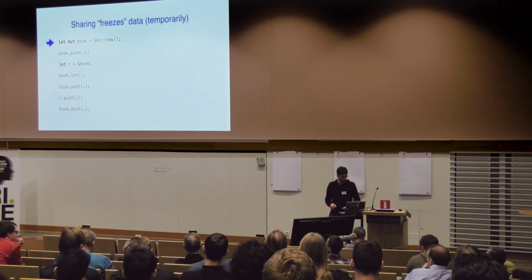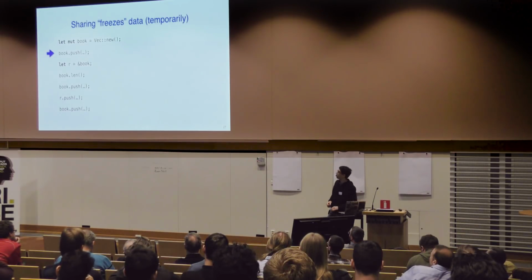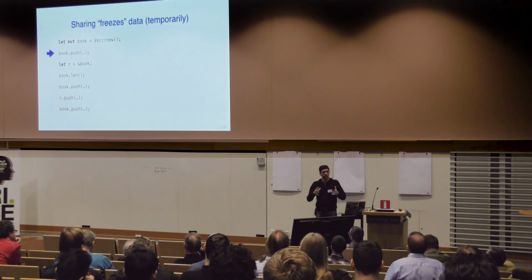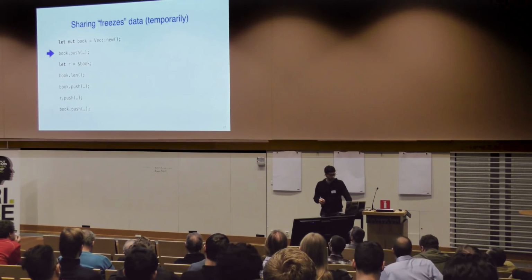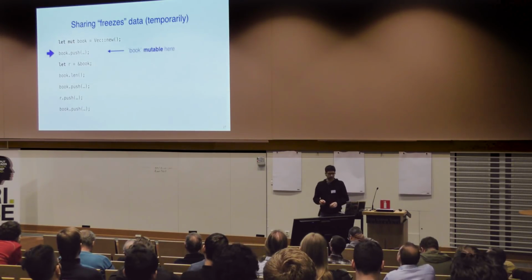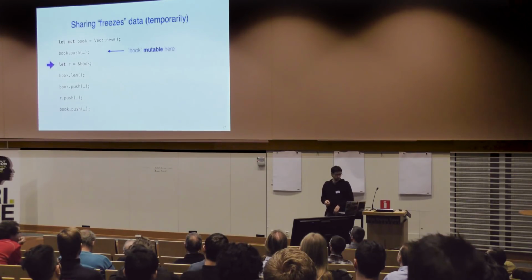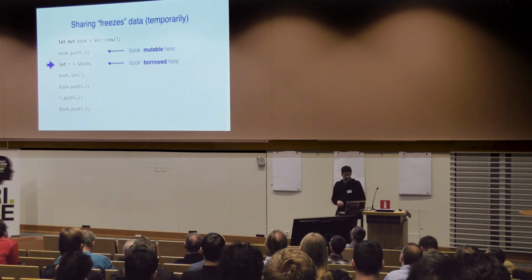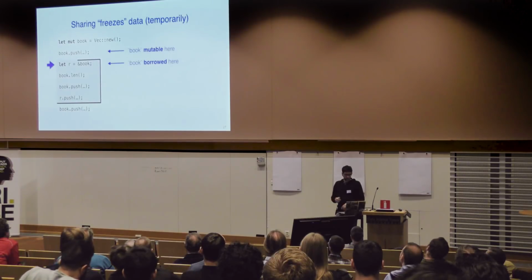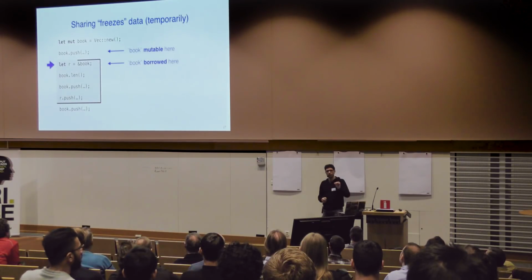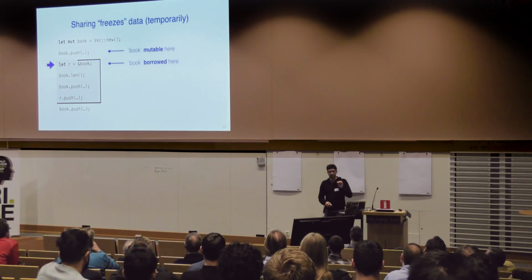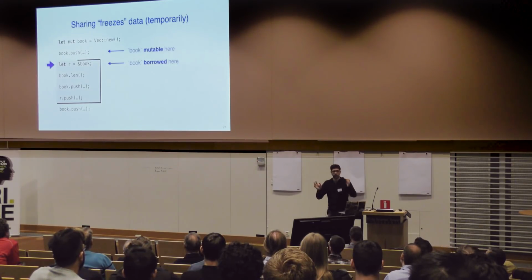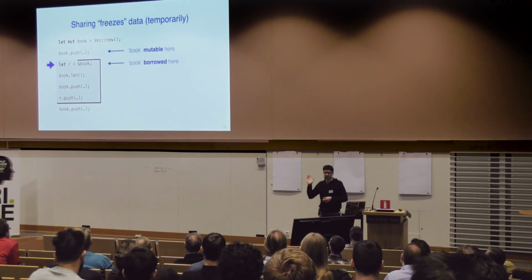Right, so when we start, we have this variable book and we declared it as mutable. That means that initially, we own it, no one else has access to it, we're free to mutate it. So we can, for example, here call push. That's okay. But at some point, when we do this borrowing, when we have one of these ampersand expressions, now we start to borrow the book. And what we'll do then is we'll look and see what part of the code uses this reference. It basically extends from the point where you borrow it to the last place where that reference might be used. In some cases, the reference might get copied into other variables, but here it's relatively simple. It's the last place that R is used.